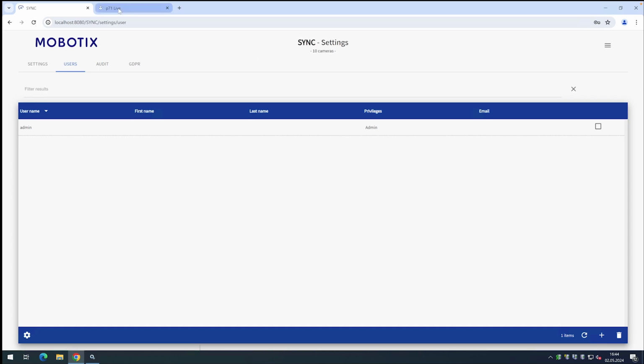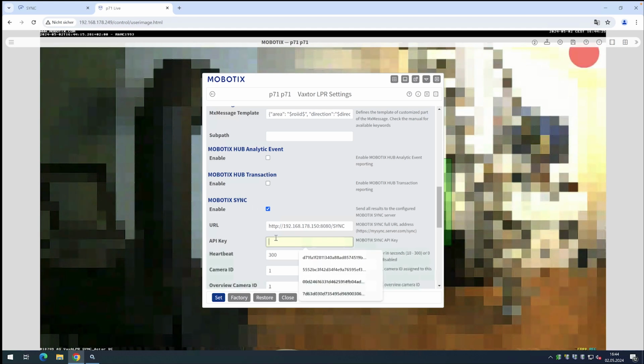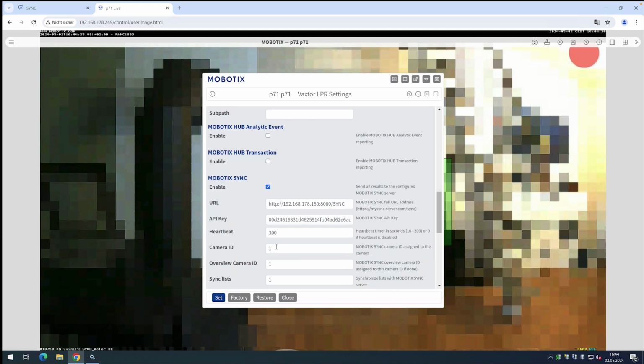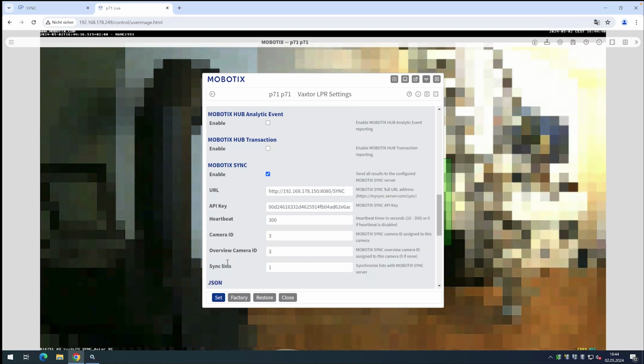Then we switch back to the camera, add the API key here, and then we have to decide which camera ID the camera has. So in this case we add the number 3, also for the overview image, and then you can decide if you want to sync some white or blacklist with the camera. You can add here a number of minutes, so by default it's 0, so that the app will not synchronize with the MOBOTIX Sync. If you put 1, then the camera tries to connect and synchronize every minute with the black and white list. Just click on set,